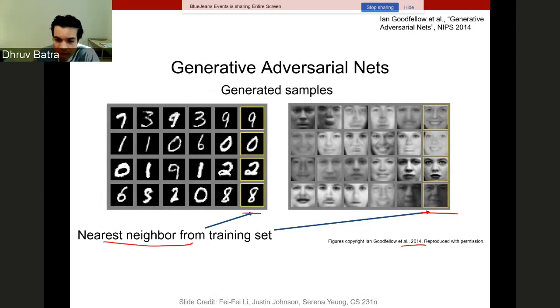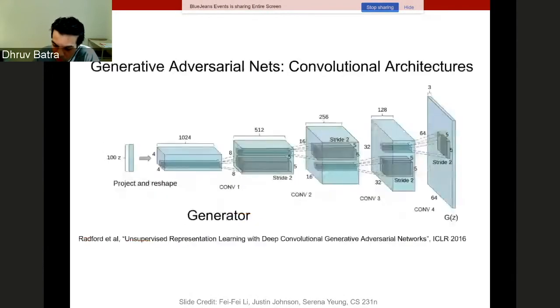But initially, when GANs first came out, it was limited to these toy data sets like MNIST and Pie. But over time, people have really expanded that idea to generate high resolution images. This was one of the first few papers, in ICLR 2016, for generation of high resolution images through architectures